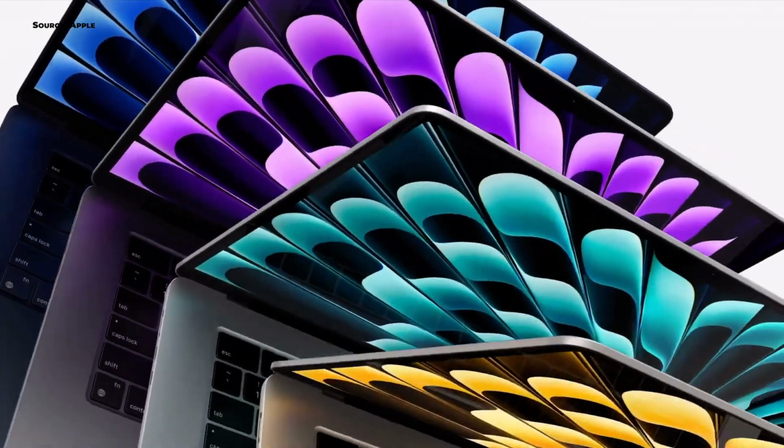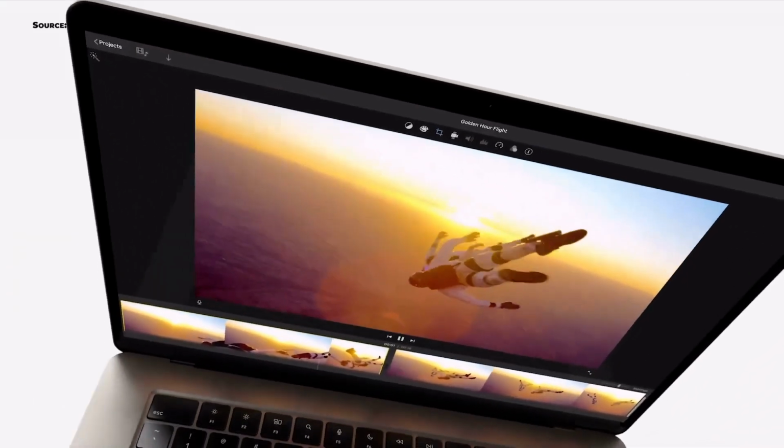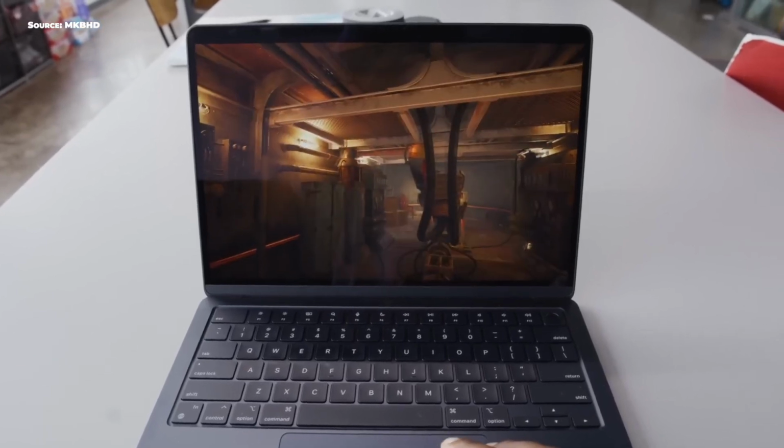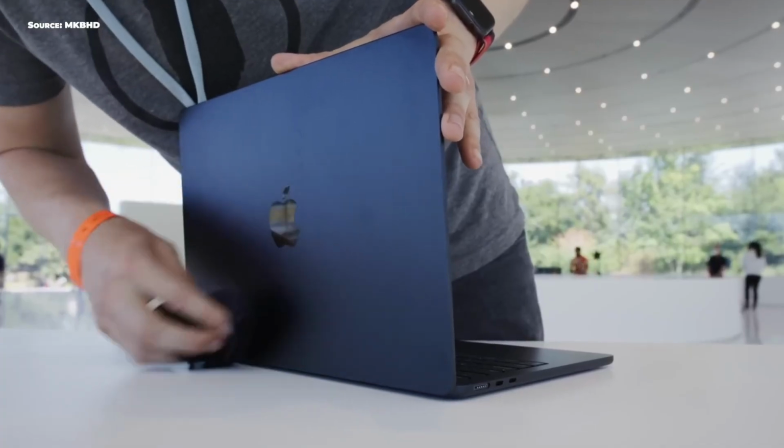Here's the headline summary. The new MacBook Air M3, released in March 2024, has 5 big changes. First, the processor, which is upgraded to the M3 chip, and the graphics processor is slightly faster and also supports hardware accelerated ray tracing. Second, the anodized coating on the midnight blue color, which used to fingerprint like crazy, has